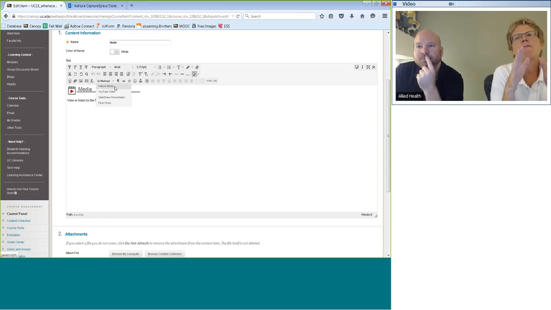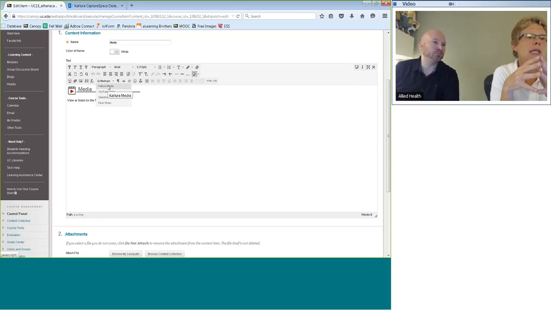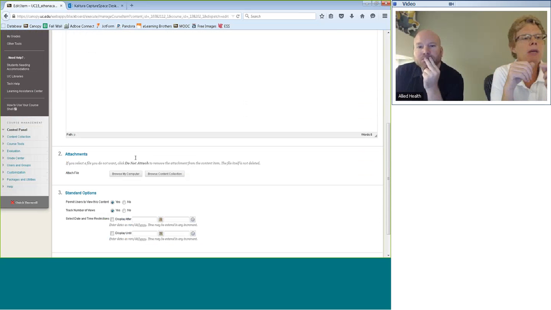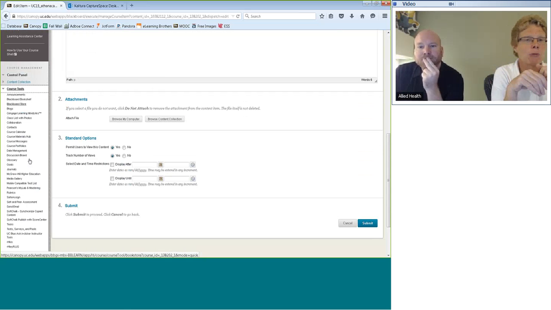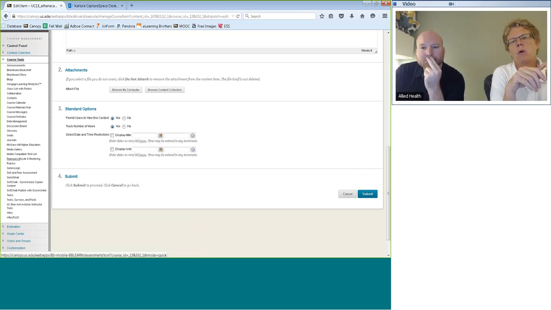Now, if for some reason you don't see Kaltura media when you go to add a mashup, either from build content or from a text box editor, it could be that it's not turned on in your course. We've had that happen, and again, there doesn't seem to be a lot of rhyme or reason to it. So what Chris is doing now,